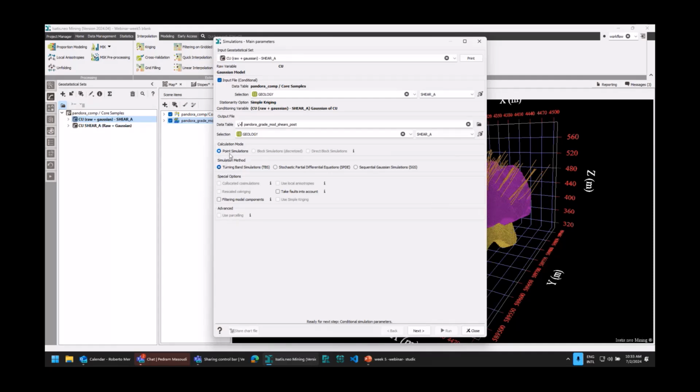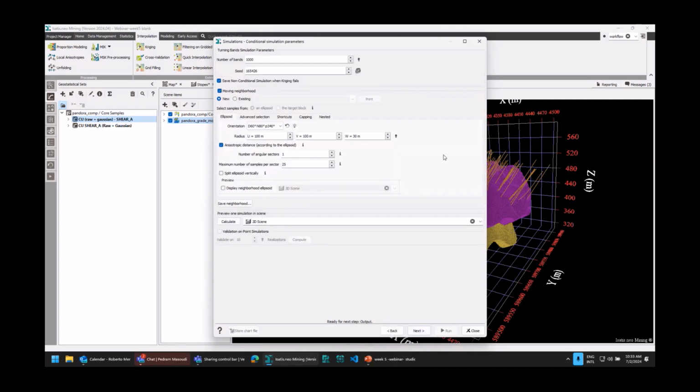We are performing point simulation. We are going to use the turning bands algorithm, but as Pedram said, we have stochastic partial differential equations, SPDE, and sequential Gaussian simulations, SGS also. We are not going to use any special options, but we have options for collocated co-simulations, to use local anisotropies, to take faults into account. And we are also not going to use any advanced option. As soon as you click next, you have to inform